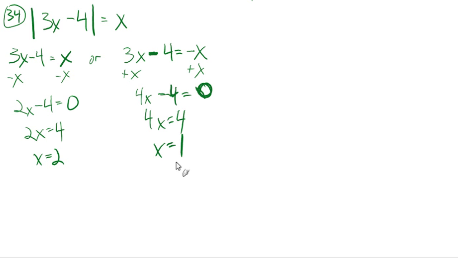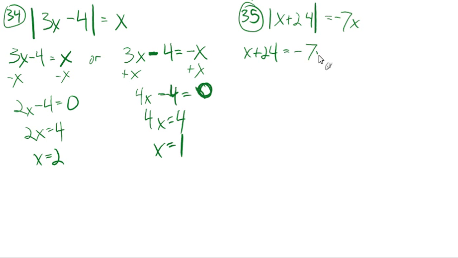You'll notice, though, if you're looking in your book here, that it says to check your solution. And I'll use another example where it doesn't work out to 2 solutions, where you check your work and something goes wrong. Okay, so 35, the absolute value of x plus 24 equals negative 7x. Okay, so x plus 24 could be equal to negative 7x, or x plus 24 could be equal to the opposite of negative 7x. Whether it comes out to be negative 7x or its opposite, the absolute value will be positive. All right, I know that sounds confusing,